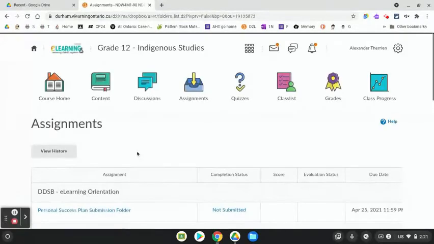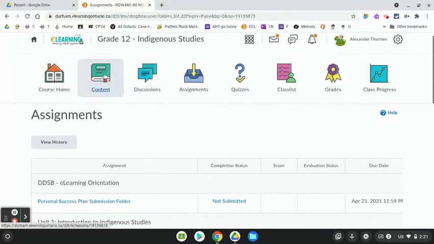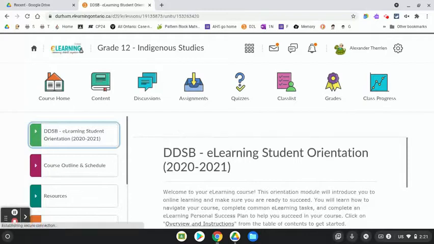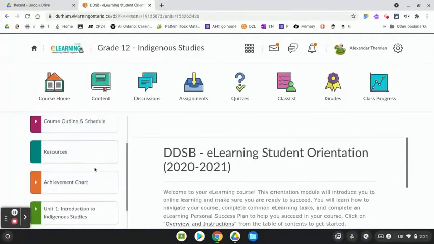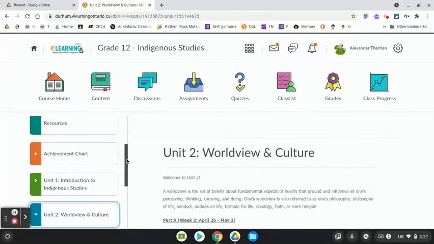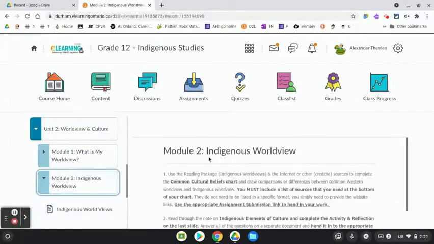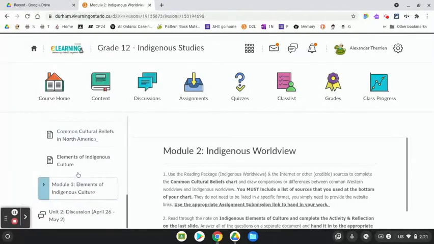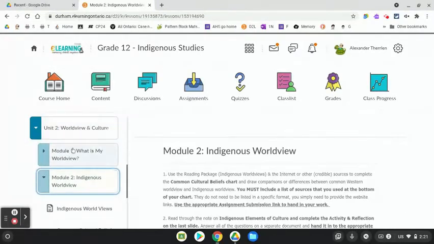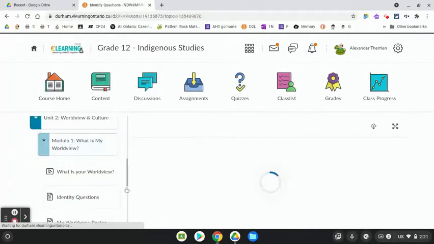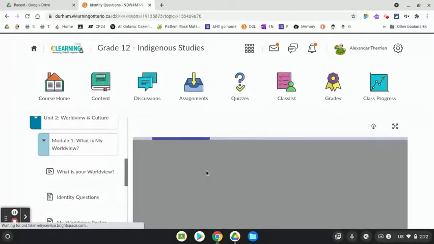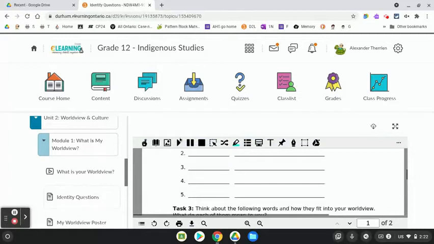If you wanted to submit that a different way, and your PDF Text Help Reader did not automatically open up for you like it did on my Chromebook, here we are, Module 1. Here's a PDF. Because I'm using a Chromebook and because I have my Text Help Reader open, it automatically popped up. However, I can choose to